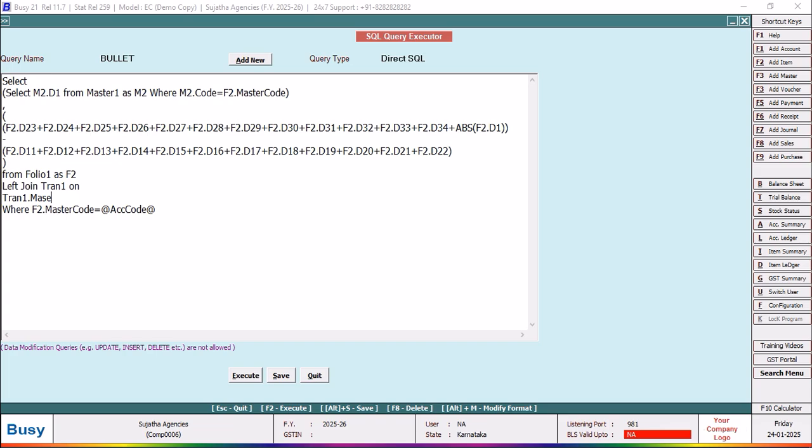Tran1 dot, just thinking over that, but I have to add here naturally that master 1 only, tran1 dot master code 1 is equal to f2 dot master code, where tran1 dot voucher type is equal to voucher code is equal to at the rate voucher code